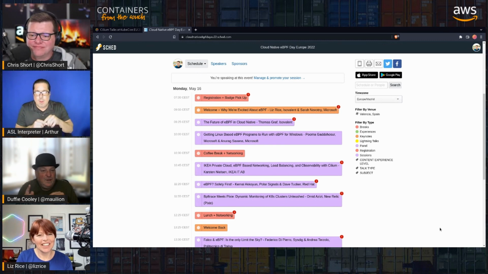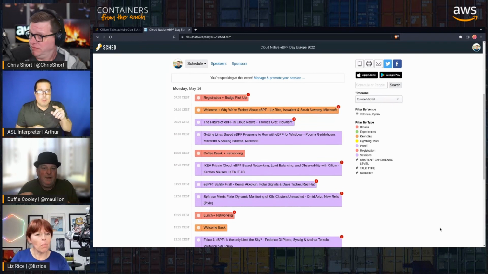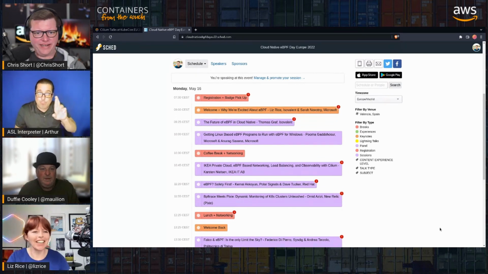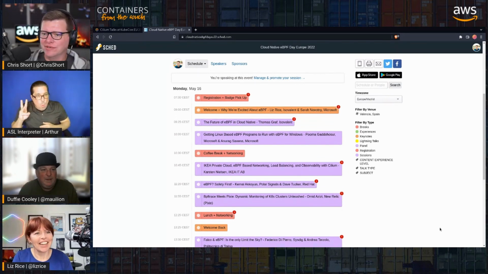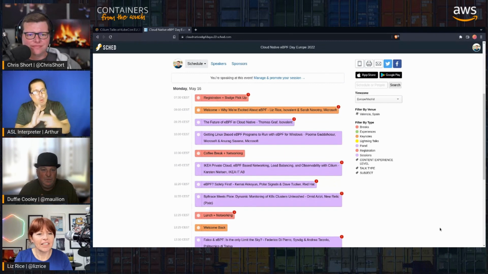And then there's one other thing I wanted to point out that I think maybe isn't widely known, but if you have a virtual ticket to Kubecon, then you actually can participate in any of the co-located events for free. Right? Oh, that's good. Really? I didn't know that. Wow. Okay, cool. If you're there in person, you do have to register to be able to get into the room where that is happening.